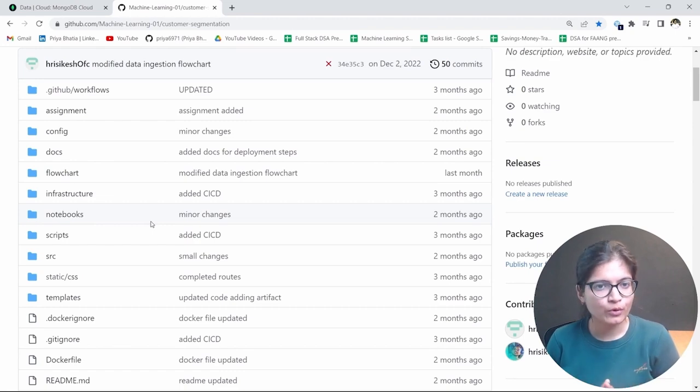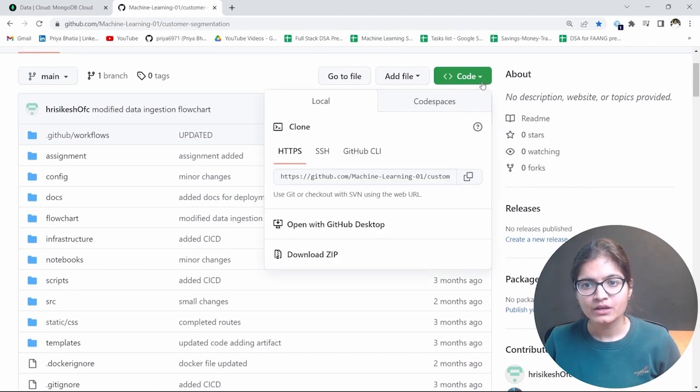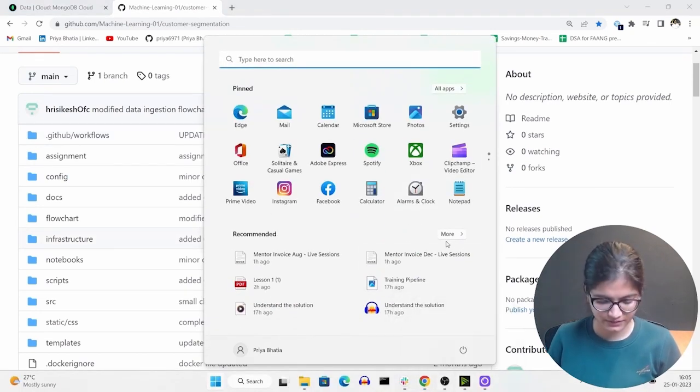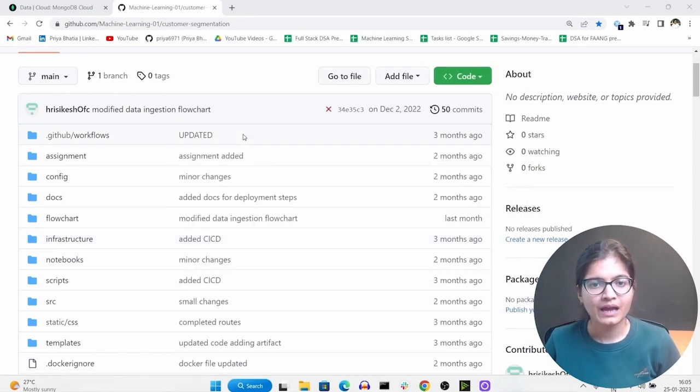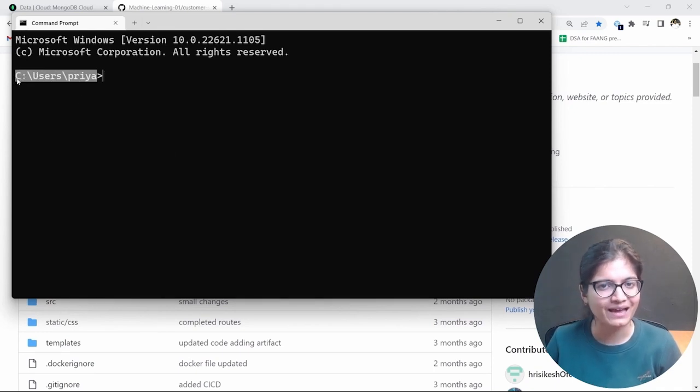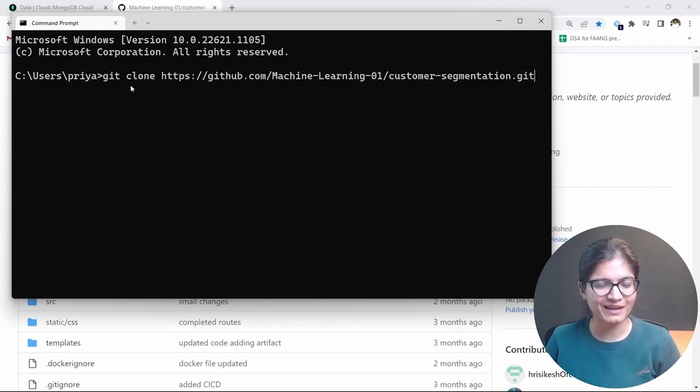So first of all, you're supposed to clone this project in your local environment. You just need to copy the link, and after that open the CMD command prompt, and inside that, in whichever path you are in, for example, I am in C Users and then Priya, type the command git clone. The URL you need to paste here, and automatically the clone will happen, and you will get a folder named customer segmentation